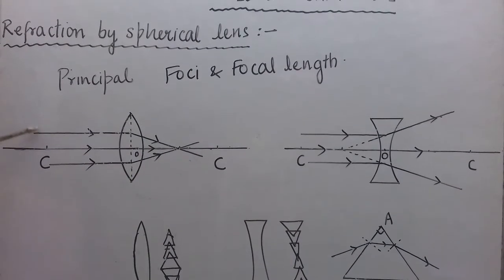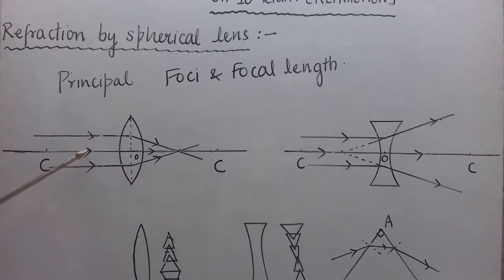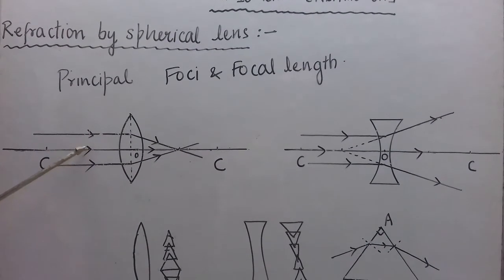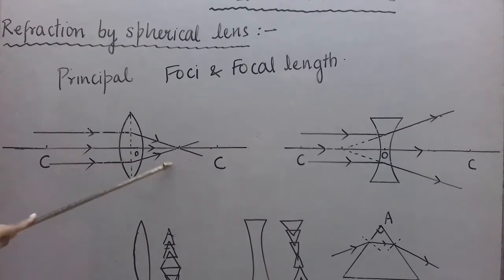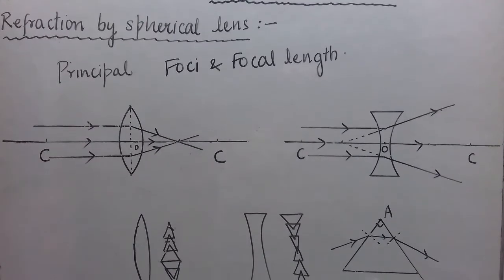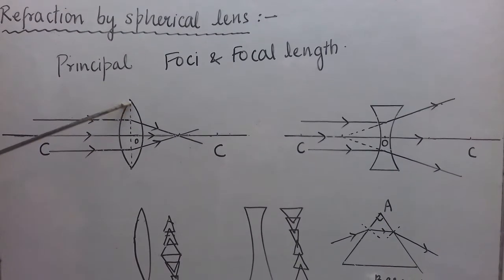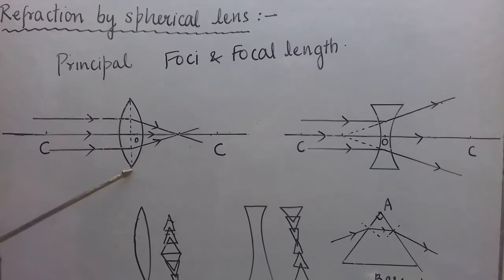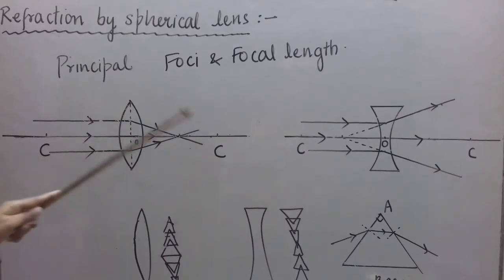Since I can draw these parallel lines this side as well as on the other side, if I draw the parallel lines coming from that side, obviously they are going to meet here, somewhere here. So this will also be a focus. Accordingly we can say there are two foci of a convex lens. And for the lens, please accept that we will be considering lenses whose aperture is smaller than the radii of curvature. It means this length should be smaller than OC on both the sides.